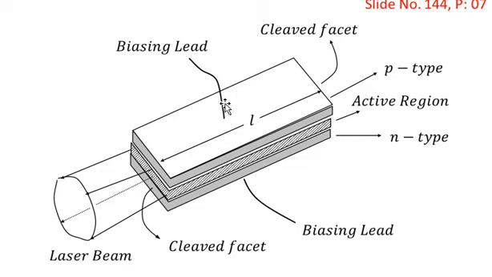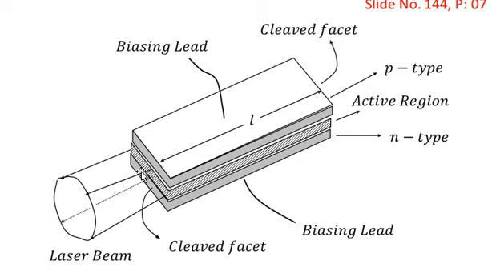At the top we have the p-type material, at the bottom we have the n-type material, and in between these two materials we have the active region. The biasing lead is connected to the p-type material, and the n-type material is also connected with a biasing lead, shown at the bottom. The end surface is a cleaved facet through which the laser will emerge